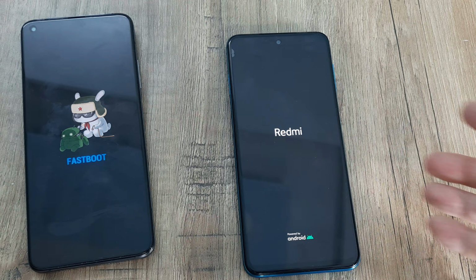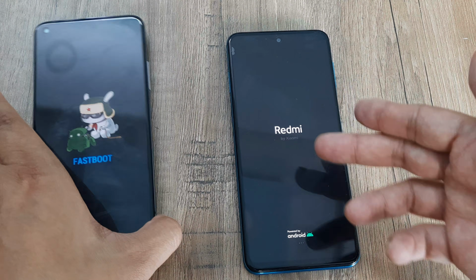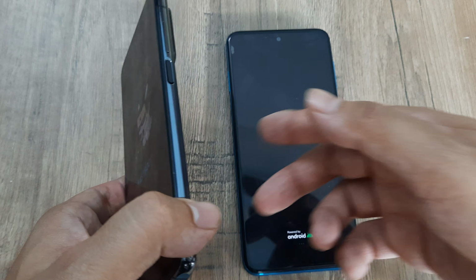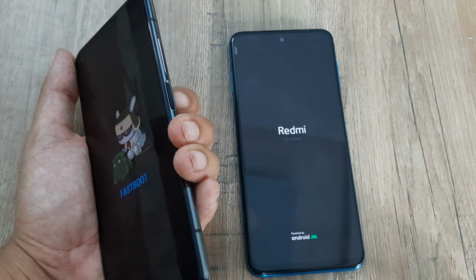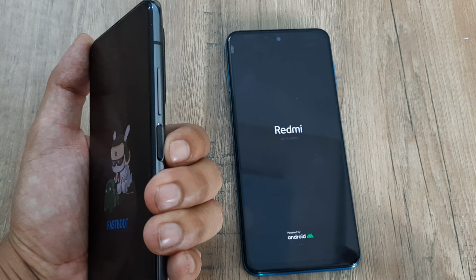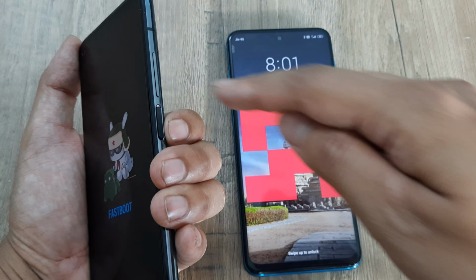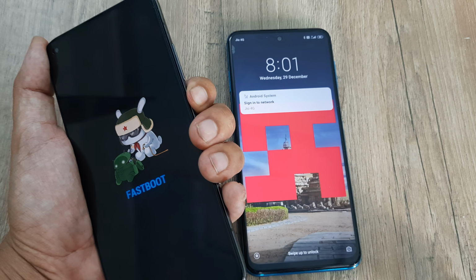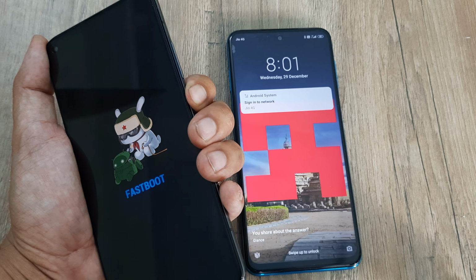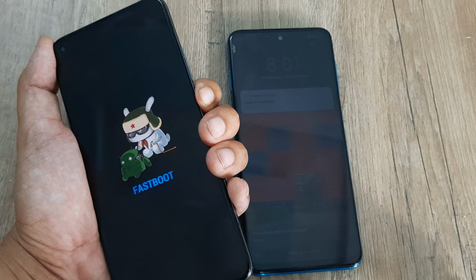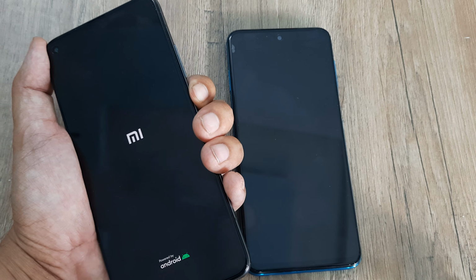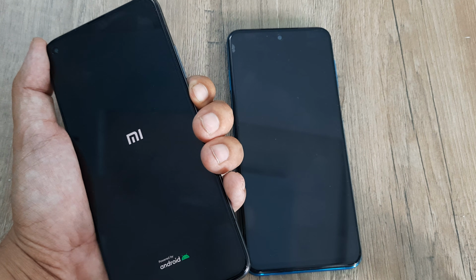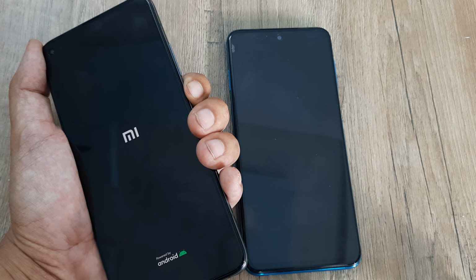Like I said, this is a Redmi phone, and in some time you will see this phone boot up normally. And I will do the same trick here again with this Mi 10T. So I just hold on to the power button. So this is volume up, volume down, and the power. And I just hold on to the power button and keep that pressed. Now, when you do this for the first time, it takes more than 20 odd seconds. But subsequently, this may take a little lesser time, like maybe 5 to 6 seconds.